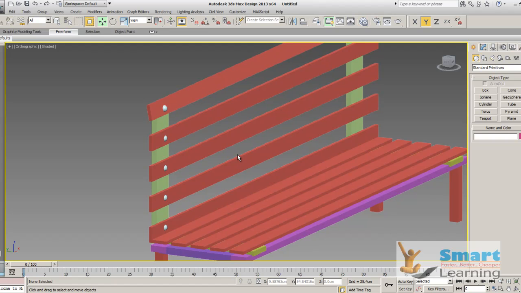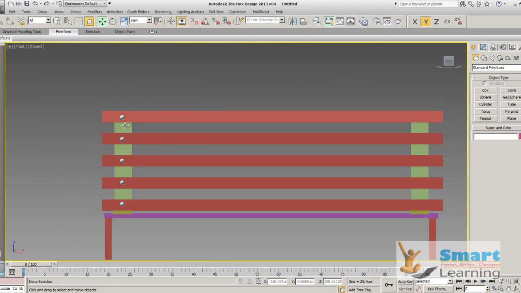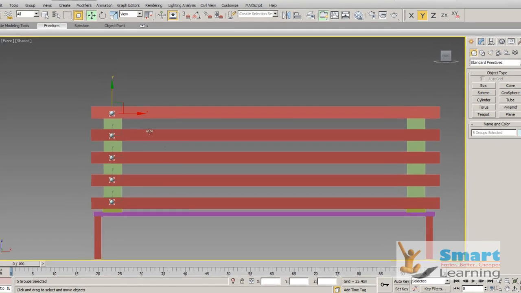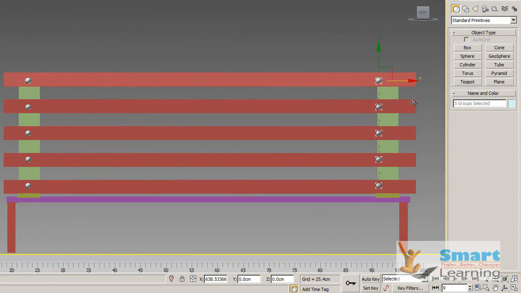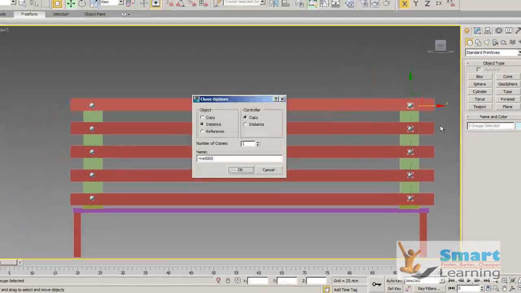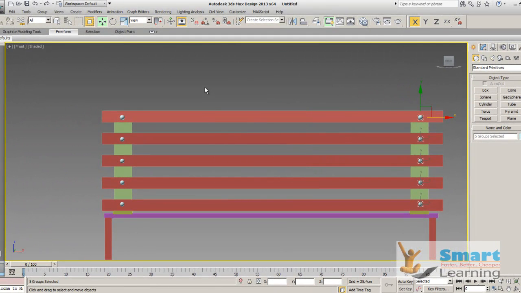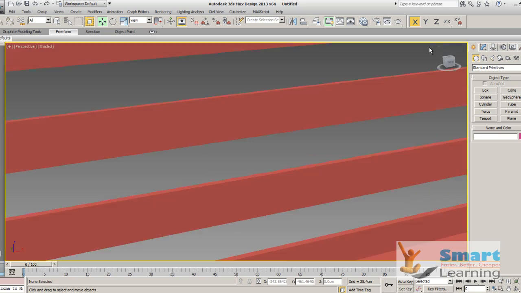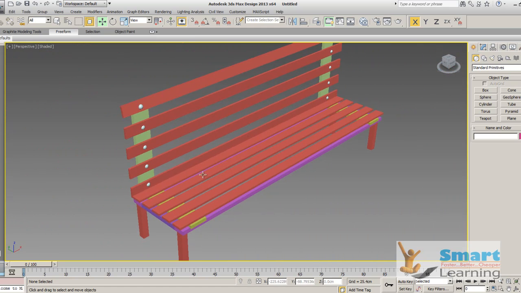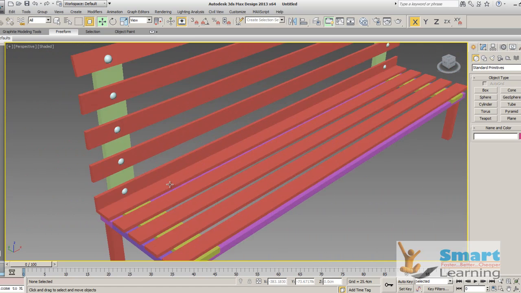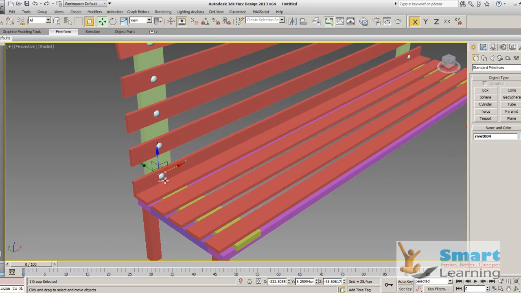Next I'll go to the front and I'll select all these rivets one by one, and I'll go to Shift and I'll place at this corner. Next I'll go to the home, and here also I'll put one rivet, and I will do the same. I'll select one, Shift,